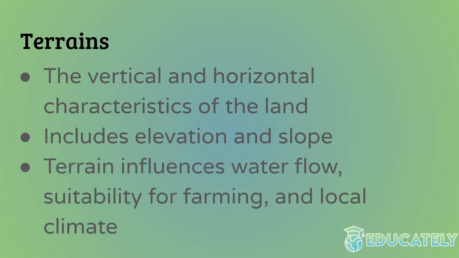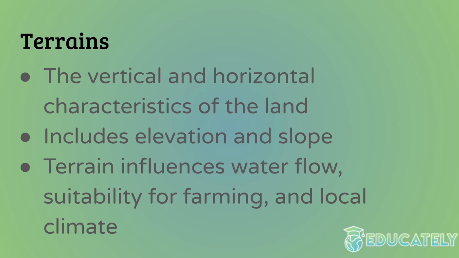It influences water flow because if the area around you is steep in a certain way, water is going to flow in one direction over the other. Water generally doesn't flow uphill. Another factor is suitability for farming. Flatter areas tend to be more suitable for farming and tend to have better types of soil. Historically, it's been easier to farm in flatter areas. Obviously, there have been some exceptions where humans have adapted to mountainous areas to farm, but usually flatter areas are better. And also local climate.